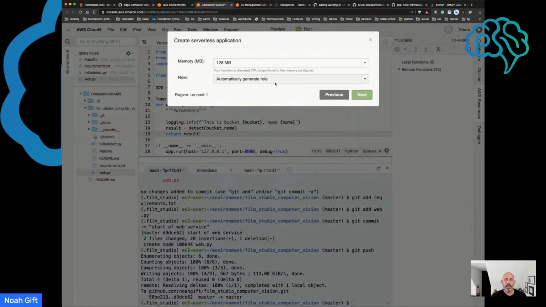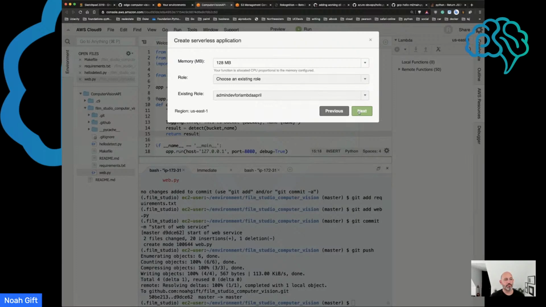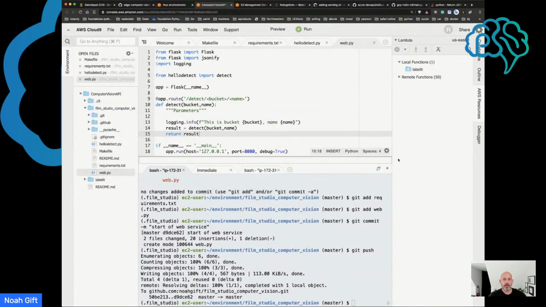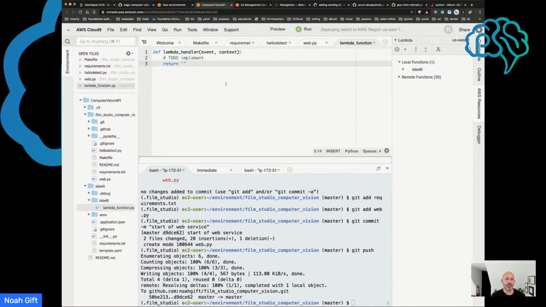There we go. And now for role, this is really critical, is that in AWS, I need to have the proper permissions to do this detection. And so I'm going to choose an existing role here where I had some administrative privileges created. There we go. Got this working. So now that I've got this Lambda function built up, let me just show you a really simple hello world Lambda,